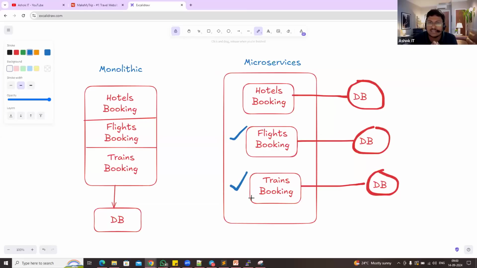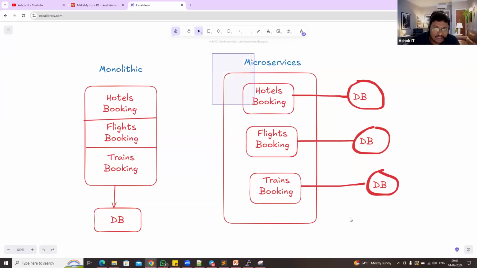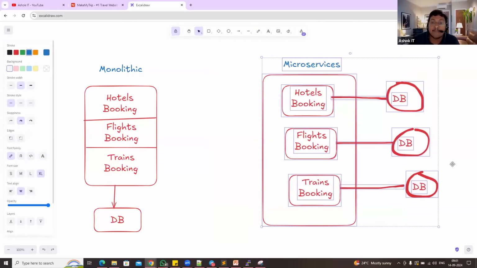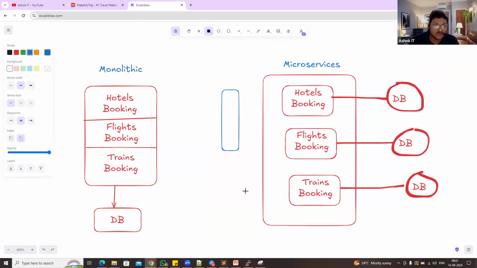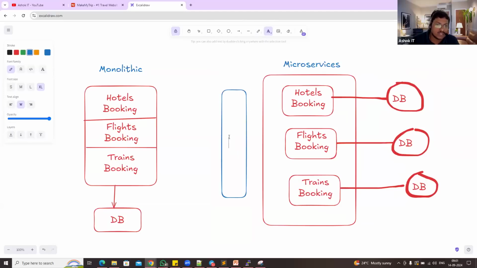Create one simple project which contains only the logic to book the train tickets. Develop, test, deliver independently. Every microservice has its own database, and all these microservices are called backend APIs. So every microservice is one REST API. For these REST APIs, a UI application will be available. One UI application will be available, and this UI application is going to communicate with all the backend APIs based